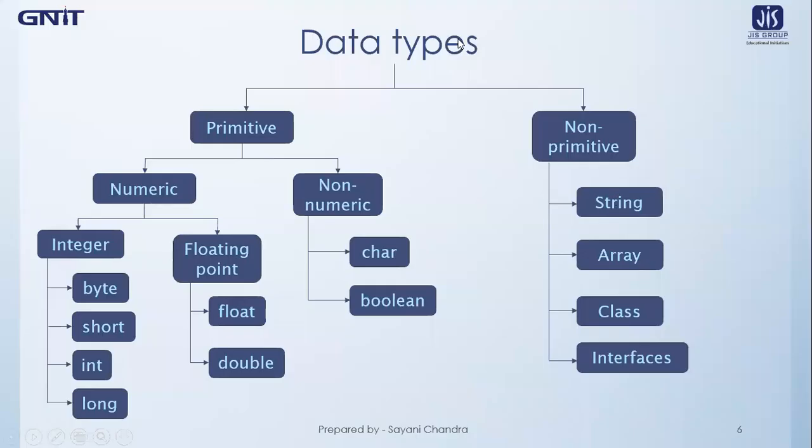Now let's come to the non-primitive data types. Now non-primitive data types are actually a different chapter, we can say. So each of these non-primitive data types is contained within a particular chapter. So we will be learning the string data type in a string chapter. We will be learning array in a different topic. Most probably array will be in the next lecture. Class I have already discussed, but more I'll be discussing when I go into the object oriented concepts implemented using Java. And interface is a different chapter. So when we learn those chapters, we will learn about these things in detail. So this is all about data types.